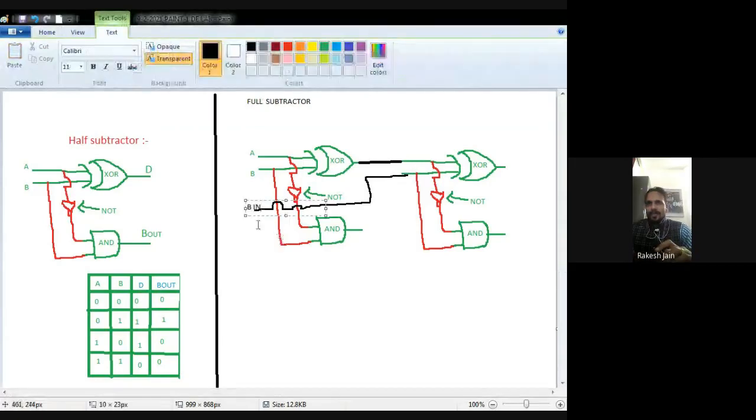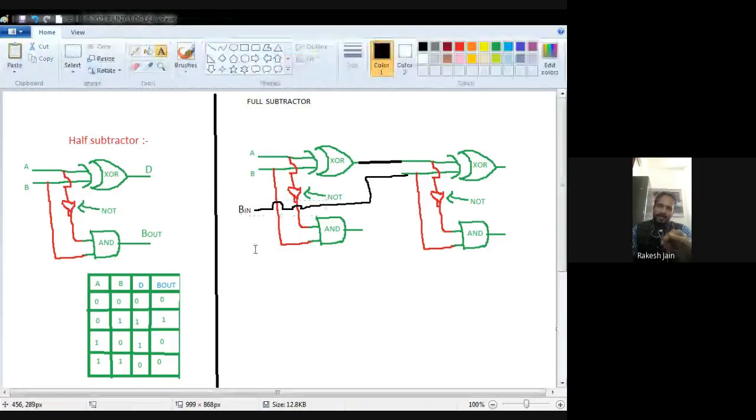And the second input of the second half subtractor is connected as the third input of this circuit diagram. So whatever I am drawing in black color is a part of this full subtractor. This is a jumper wire only, okay. So that is connected as the third input.